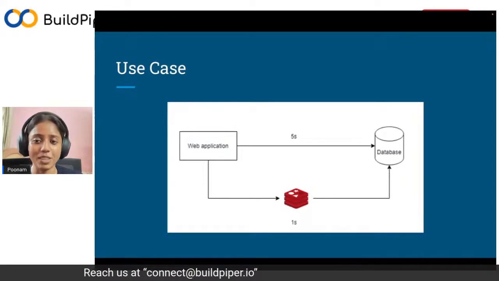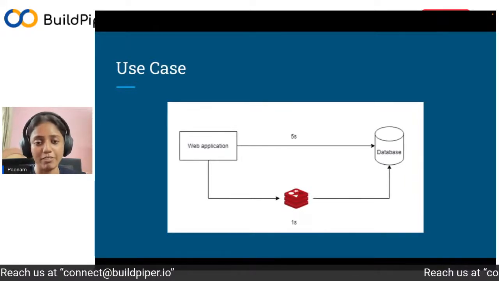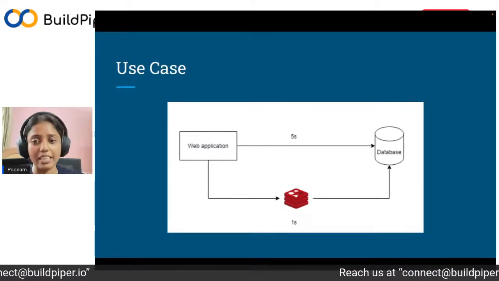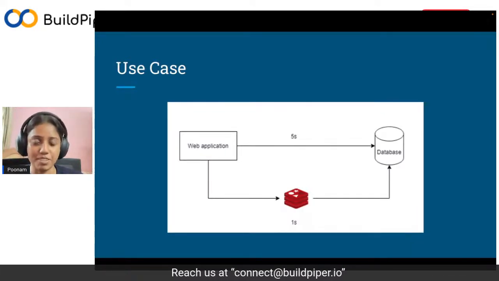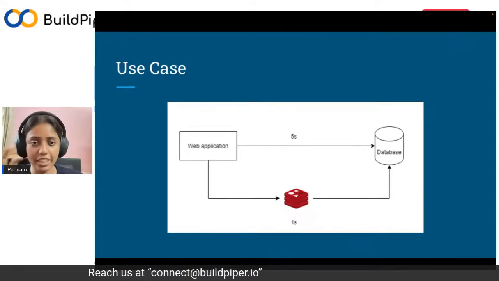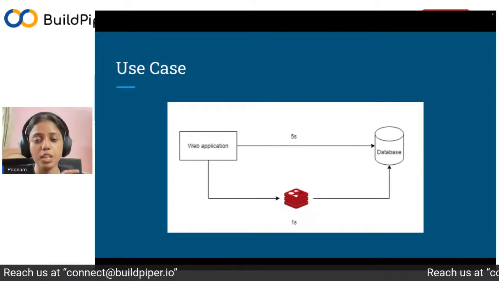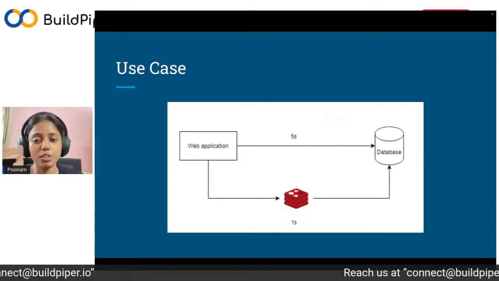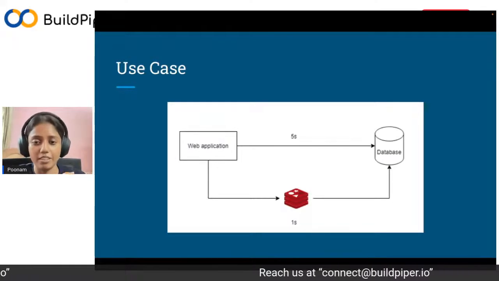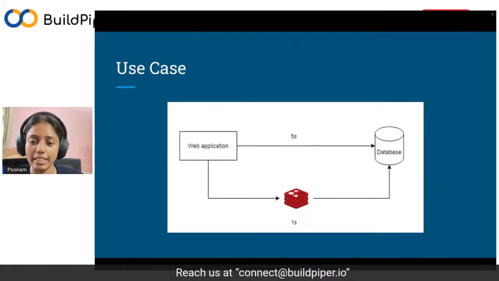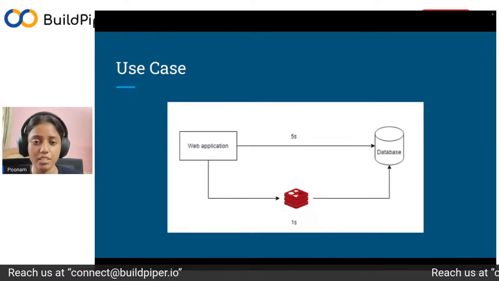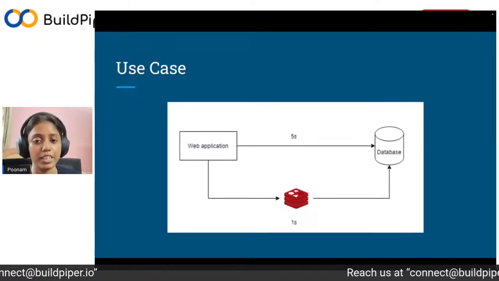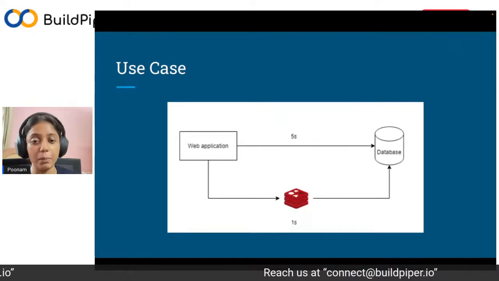So Netflix in our case is the web application, and it goes to the database and fetches the data, that is the recommended shows, and it's taking 5 seconds to do a complete database call: go to the database, get the data, and serve it to the user. Redis, on the other hand, if we introduce it as a caching mechanism in our system, this response time will reduce drastically, by multifolds.